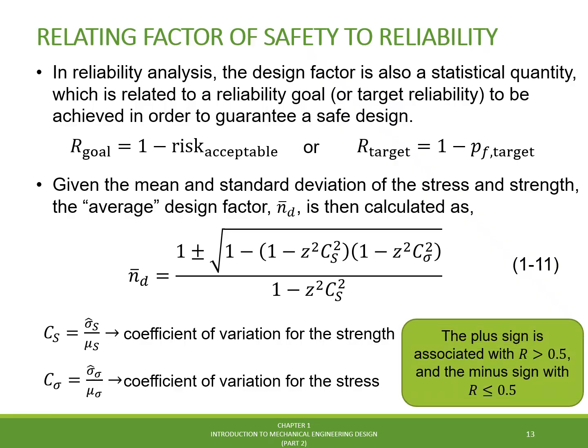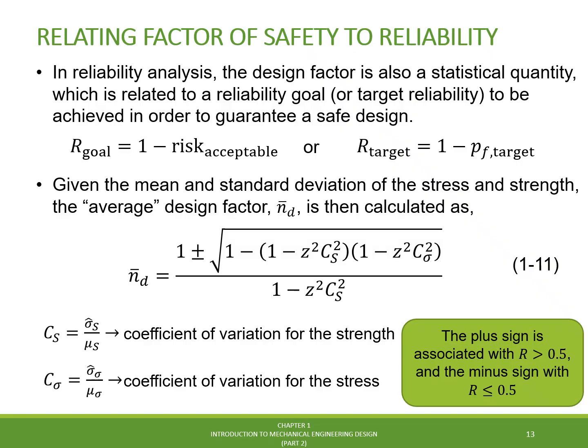The plus minus sign here is just a sign that we're going to pick depending on the value of our goal, of the target reliability. If we are going to design for a target reliability which is greater than 0.5 or greater than 50%, then we have to take the plus sign. On the other hand, we're going to take the negative sign if the target reliability is less than or equal to